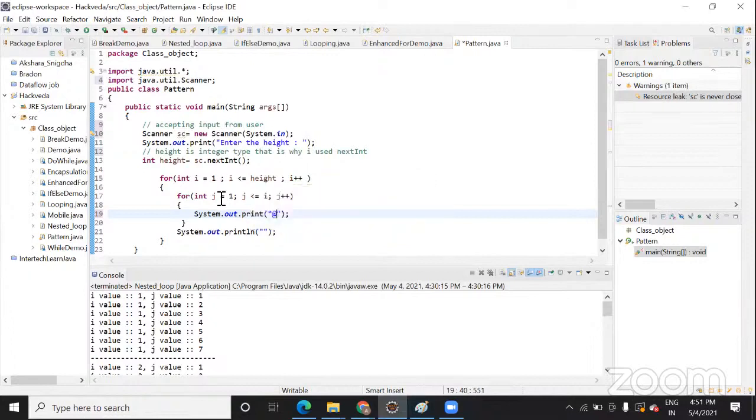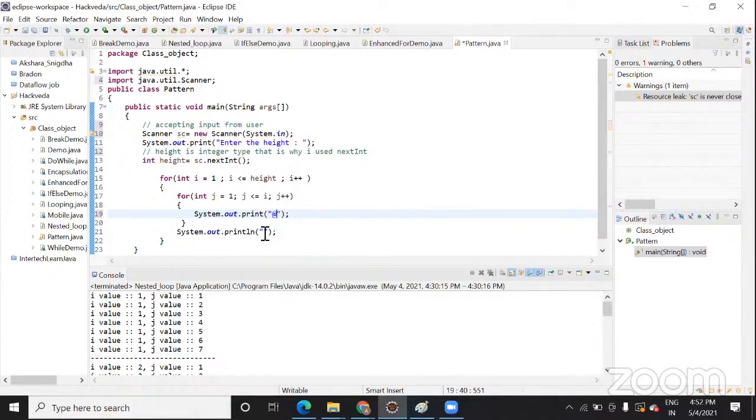You will come inside, you will check j is equal to 1, j is less than i. What is the current value of i? 1. Correct. So condition is true, you will print, iterate, you will come inside, you will go back again. Now what is the current value of j? 2. So you will check the condition, is 2 less than i? False. So you will come out of the loop.